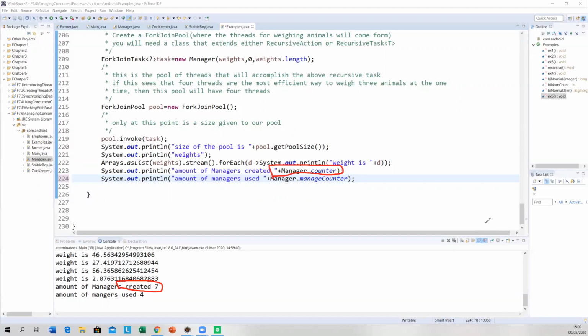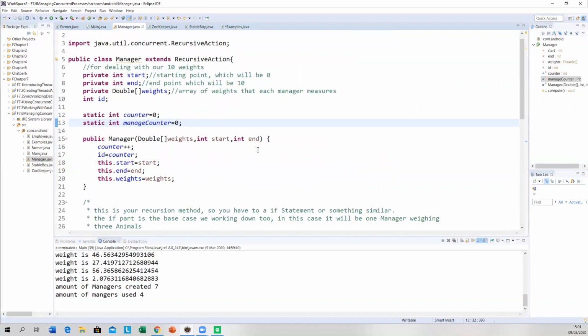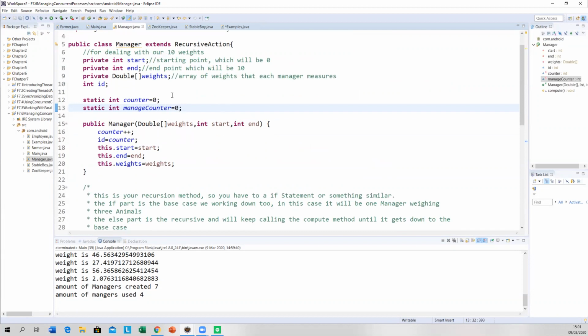But what it does is it further subdivides each one of those 3 by 2. Now we're trying to get down. So I'll go back to here. So go here to manager. All right.